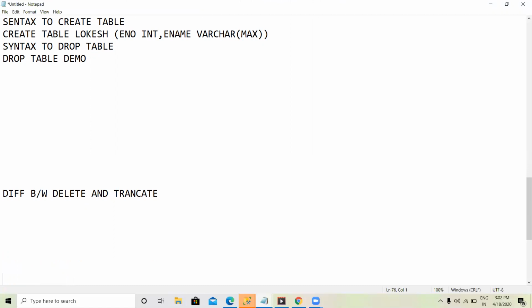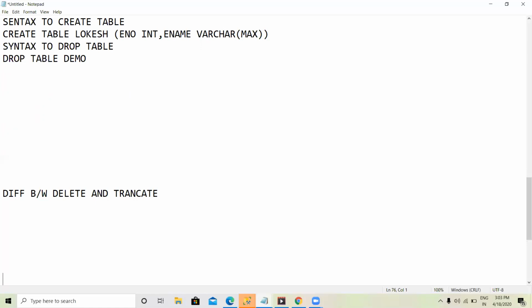DDL means data definition language. The shortcut is DRCAT: drop, create, truncate. Truncate is used to delete the records from the table. There is quite a difference between truncate and delete.